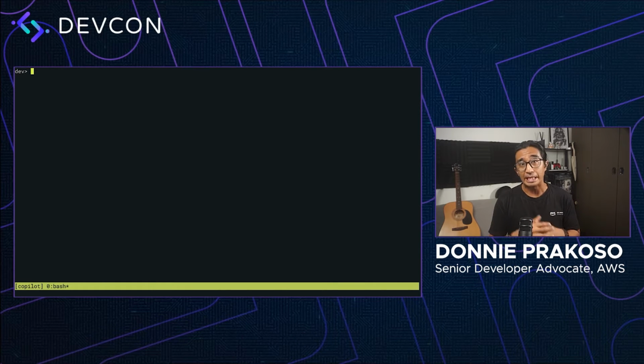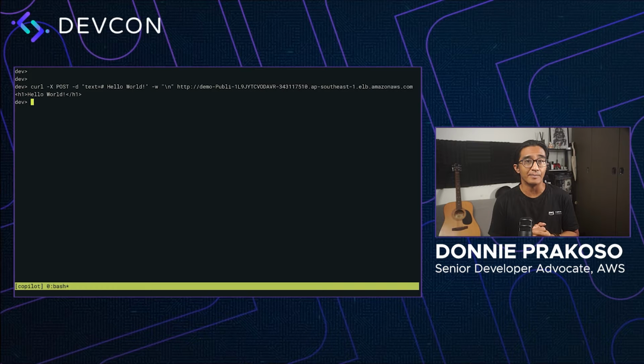In this session, we have lots of things to share with you, especially for the demos. We're going to build an API, and we can test the API using the curl command. A sample demo is like what you see on the screen. We're going to deploy the app using Amazon ECS and AWS Fargate with the latest development tool, and that is AWS Copilot.